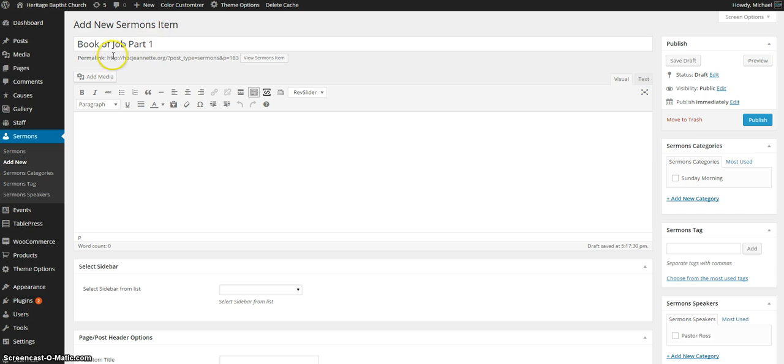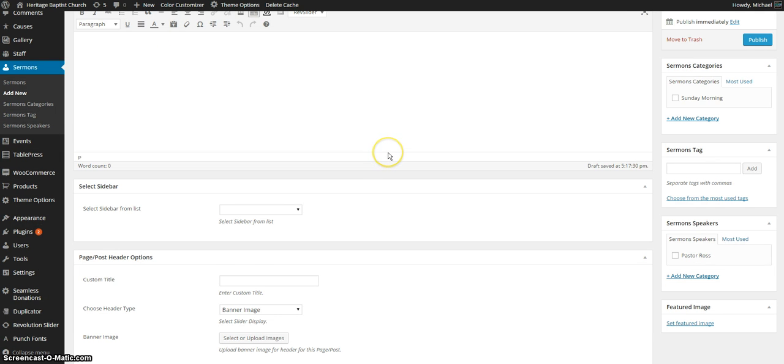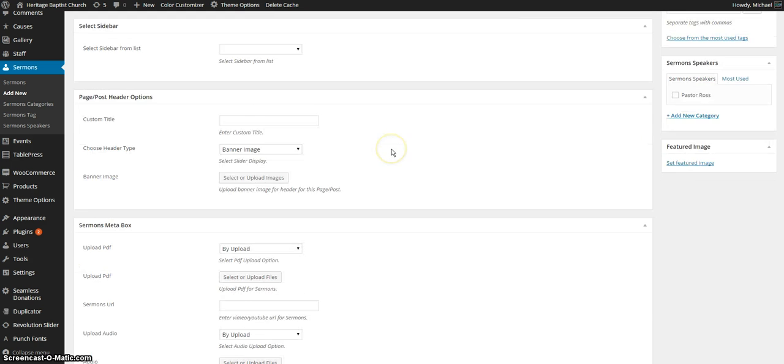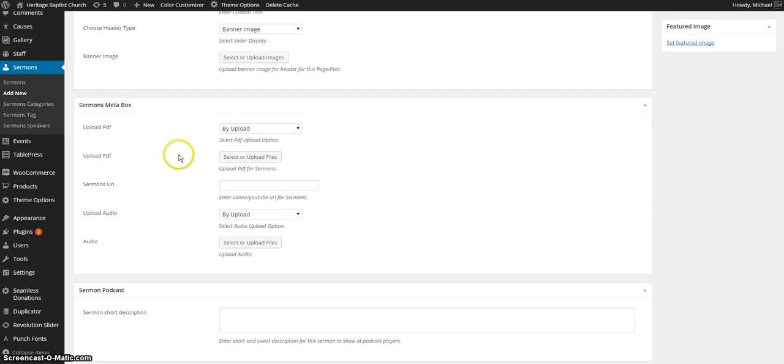That's going to be the title that'll show up. You will be able to come down here a little bit, and in this sermons meta box down here, you can